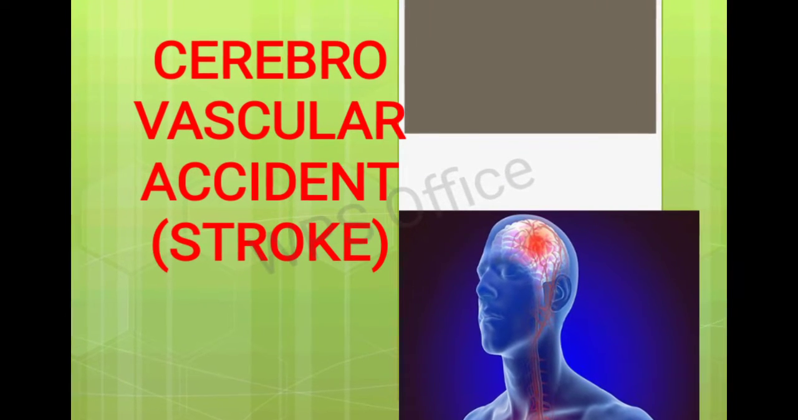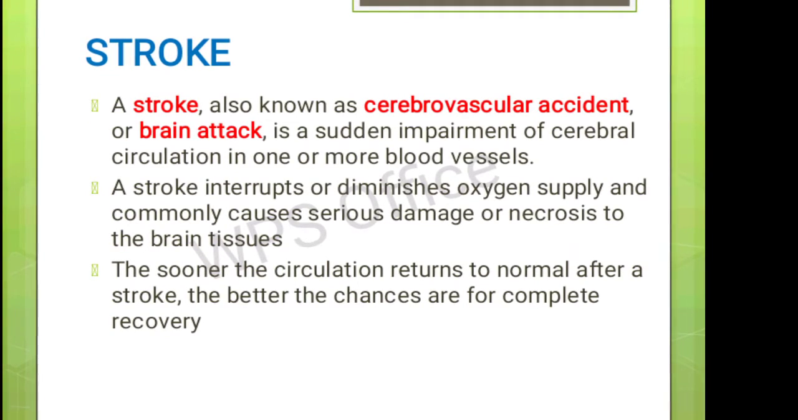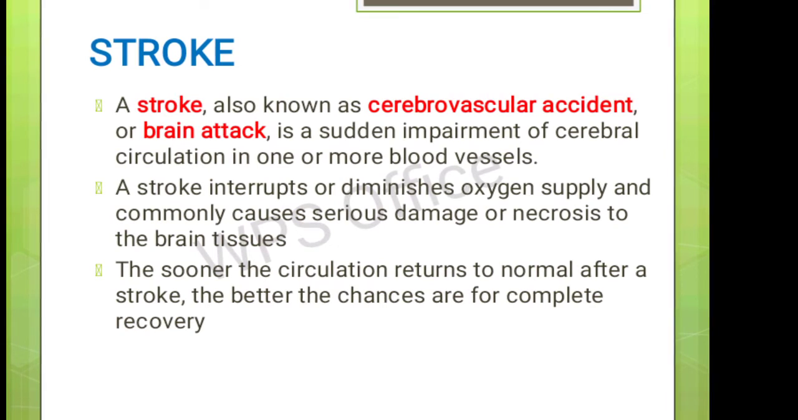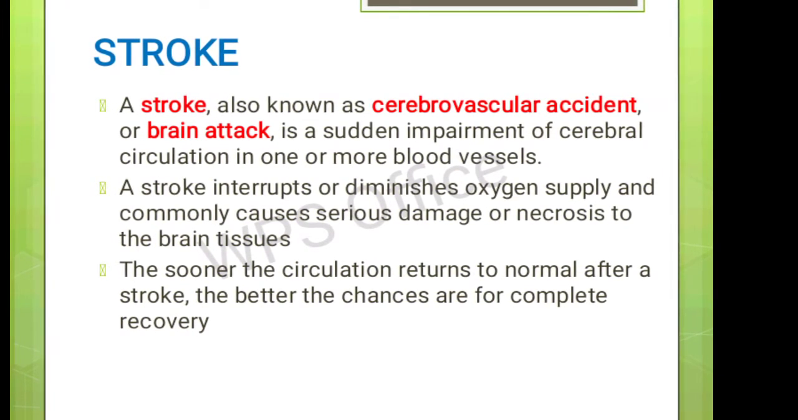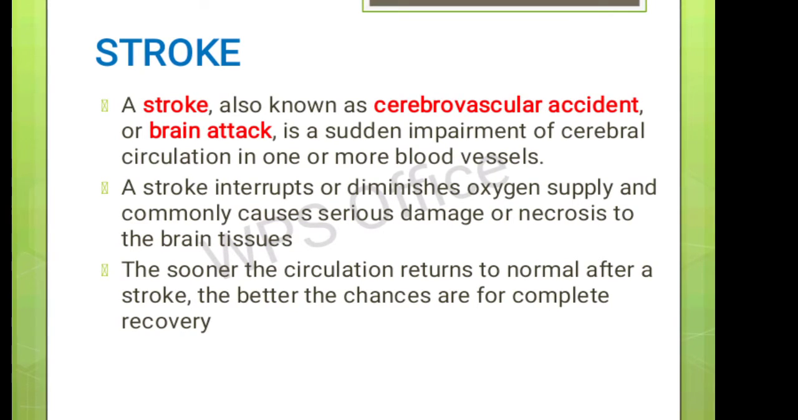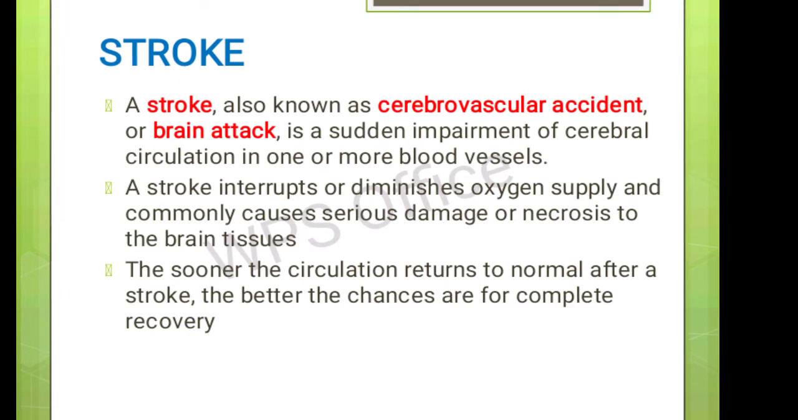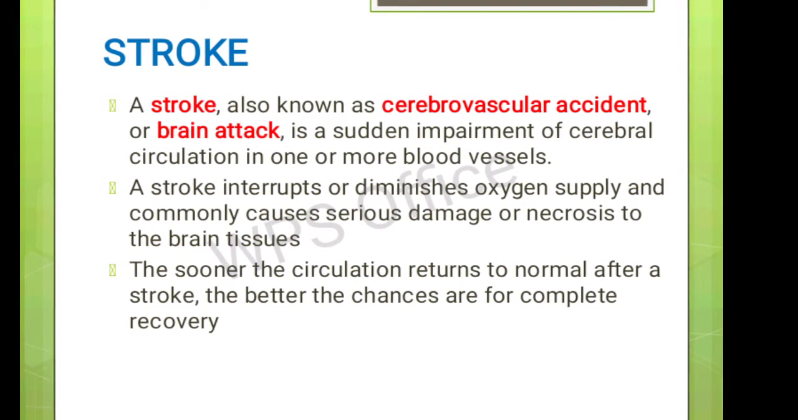So we'll discuss stroke. Let us see first what is a stroke. A stroke is also known as a cerebrovascular accident or brain attack. It is a sudden impairment of cerebral circulation in one or more of the blood vessels. There are many blood vessels inside our brain, so when one or more of them has an impairment, then it is known as